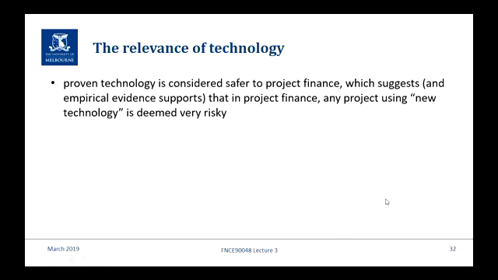Okay, so just picking up on the concept of technology and the sort of technology that needs to be designed at a very high level, at a very sophisticated level in most cases. In project finance, the lenders prefer proven technology. And the reason they prefer proven technology is that their due diligence team can say, yes, that works, and it works every time. Everyone else is doing it, and that's what works. If there's new technology, it's harder to assess, and it's more risky.